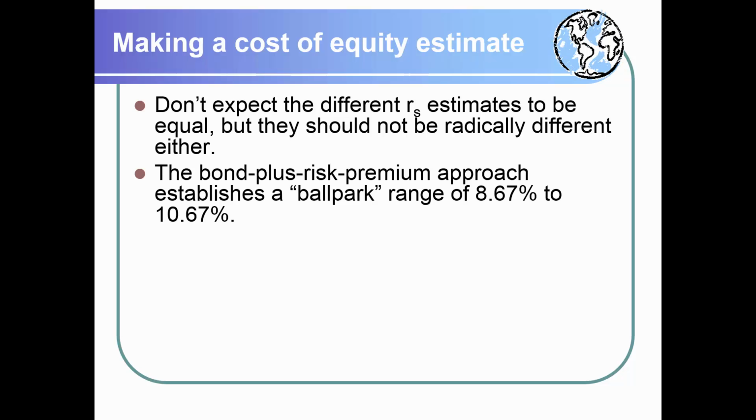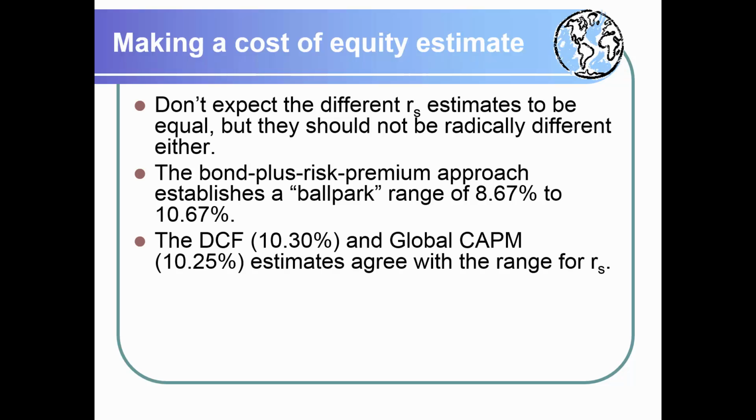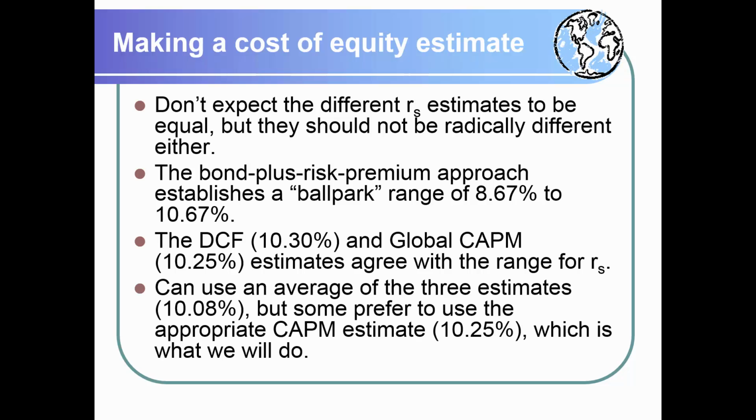And basically here, what we are saying is that all said and done, at least for this class, you should be using the CAPM to estimate the beta. Now, these notes talk about the bond plus risk premium. That's really not very appropriate for us. The second choice would be to use the discounted cash flow. If it's a corporate finance course, people also talk about the dividend growth formula. If we know the dividends of the firm, we can use that to estimate the cost of equity. Okay.